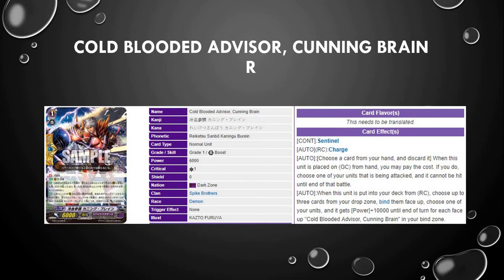This Perfect Guard also could guard your Vanguard and Rearguard, so that's nice. He guards units and not only the Vanguard. And then he has the auto ability, which is not even GB. When this unit is put into your deck from the Rearguard circle, you choose up to 3 cards from the drop zone, and bind them face up. Choose one of your units, and that unit gets an extra 10k for each face up Cutting Brain you have in the bind zone. So he could power up your Frog Raider,